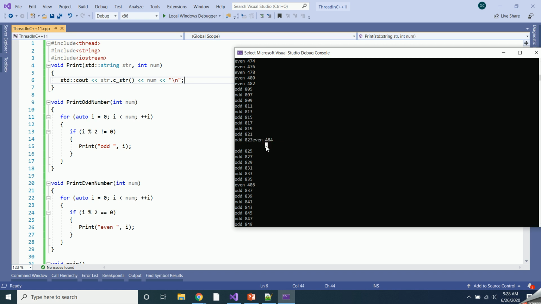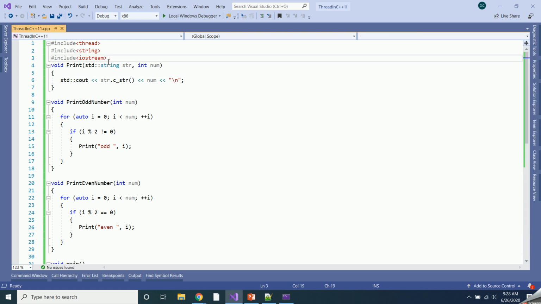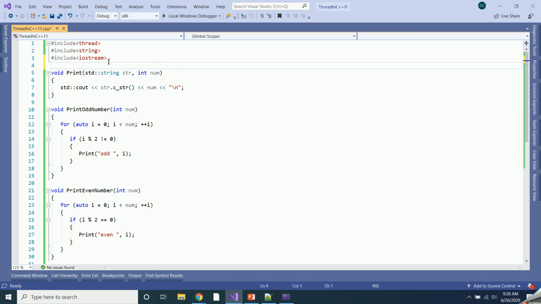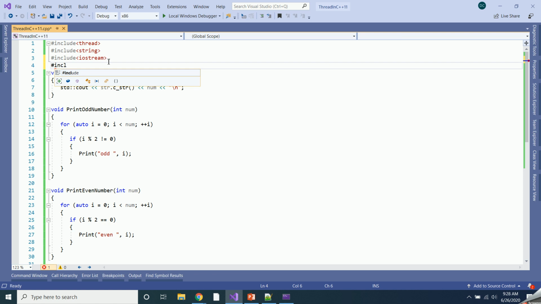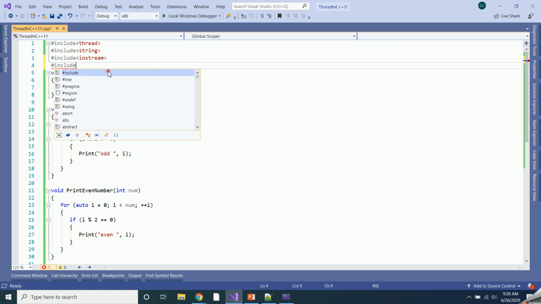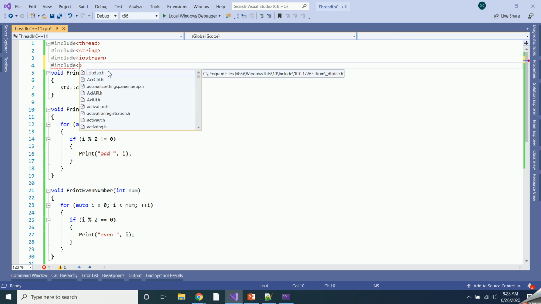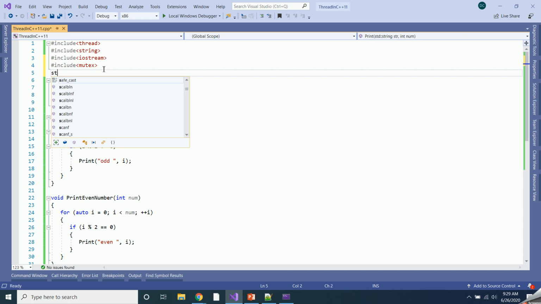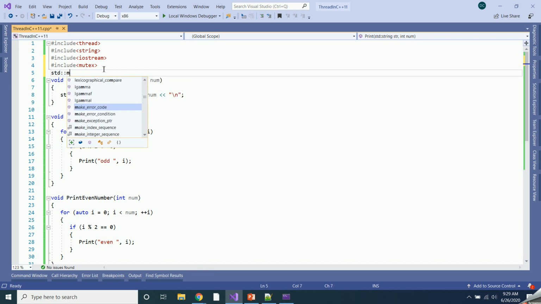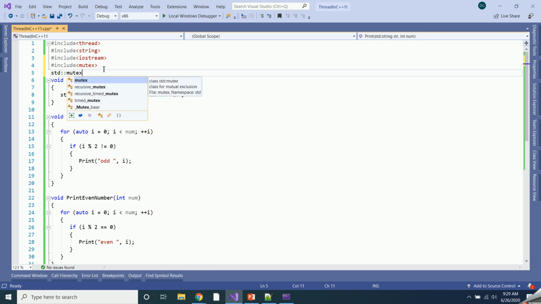So to avoid this race condition, we have a mechanism called mutex, for which you have to include the header file. With the help of this synchronization mechanism, you can solve this race condition.